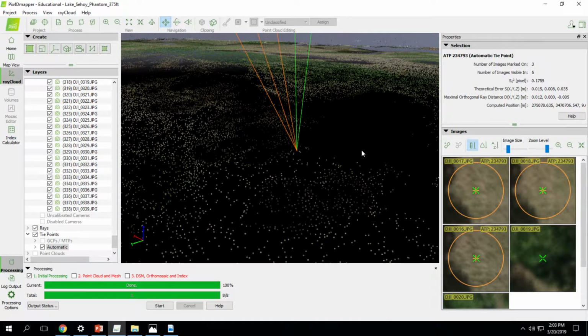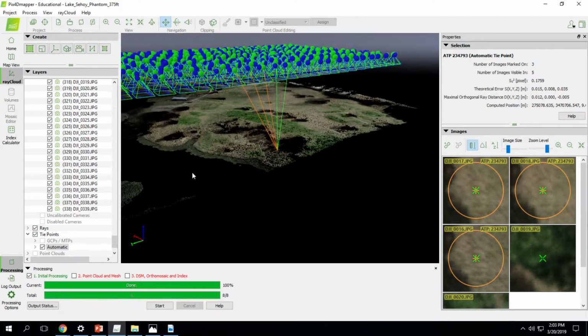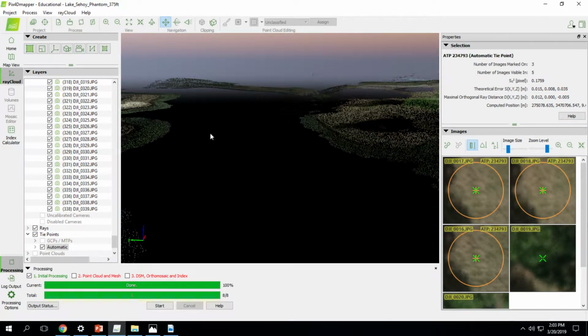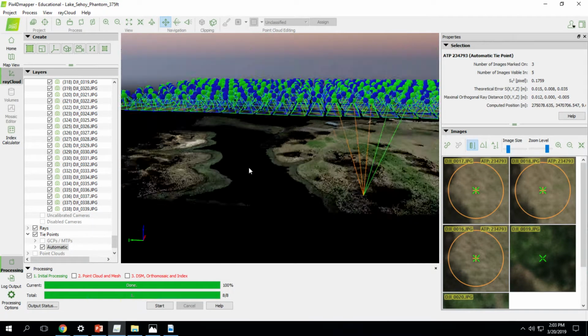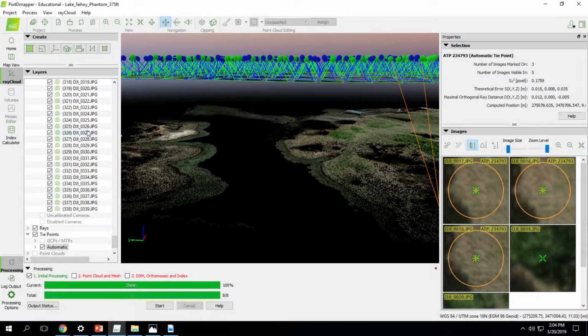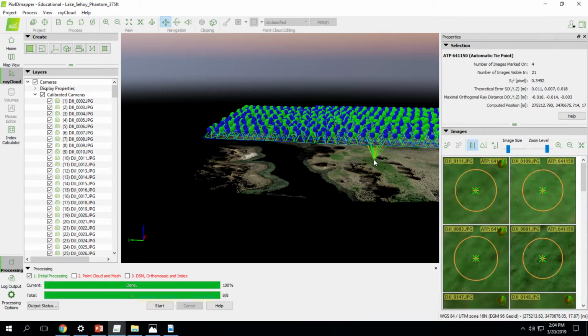Didn't select anything. Notice that when we zoom out here, we don't have any automatic tie points really in the middle of this. It's not clear water, so it's hard to get automatic tie points in there. What's the difference between the orange and